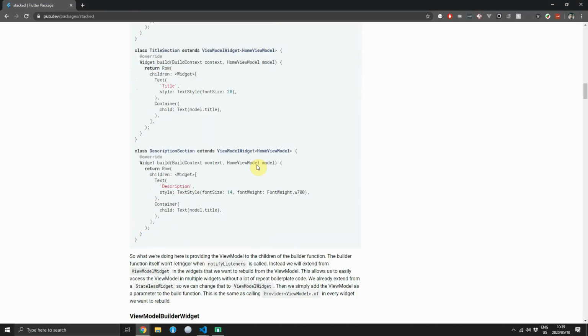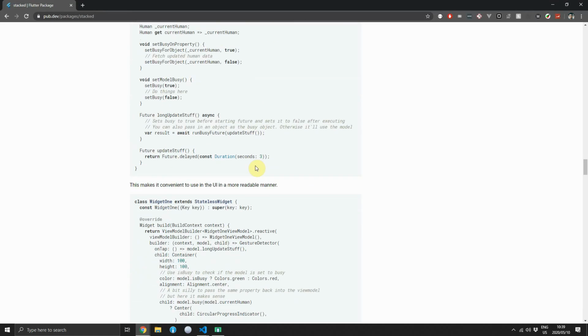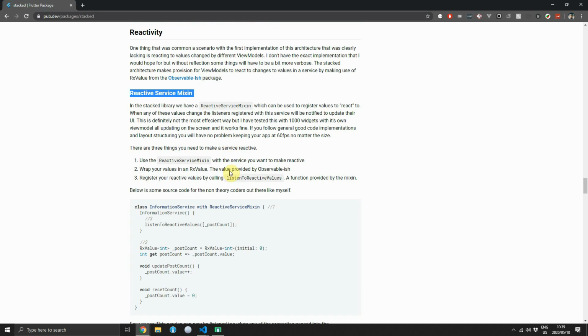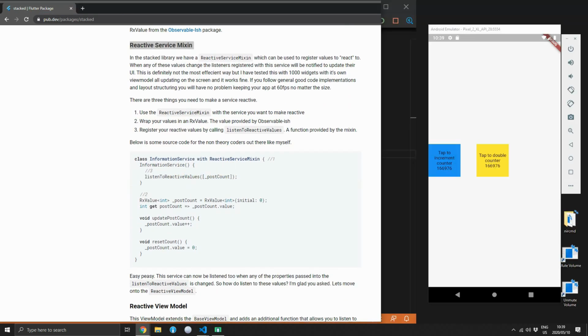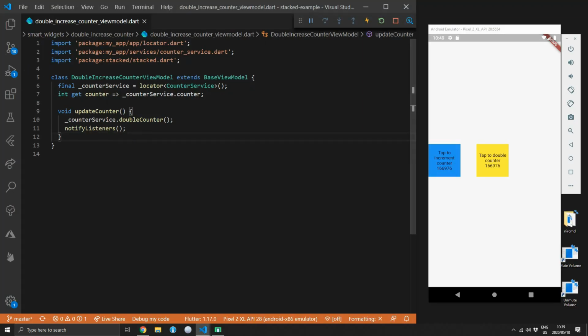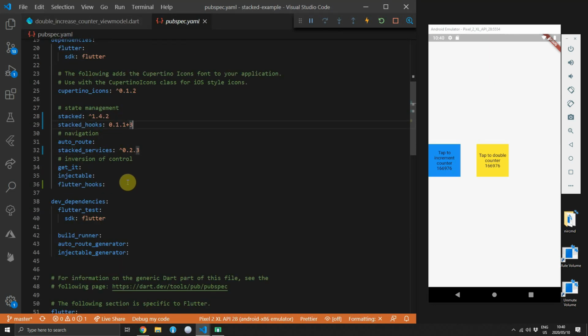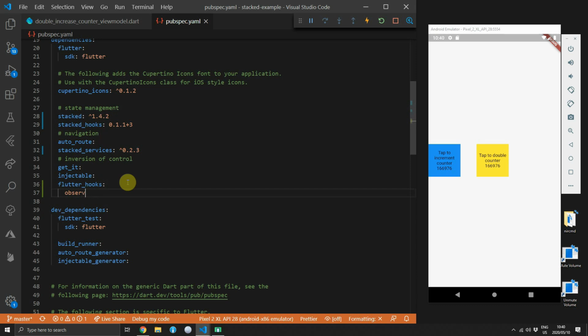The stacked package provides you with a reactivity set of functionality. This is done by using a package called observable-ish, and the only reason I was using this package, even though it's outdated and it hasn't been updated in a very long time, is because it gave me the exact same functionality that I was building for the stacked package itself. So go to the pubspec and add the